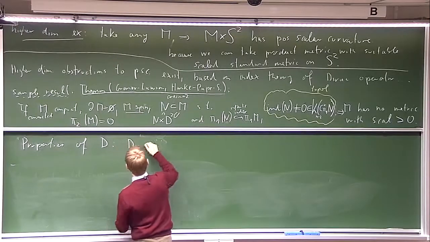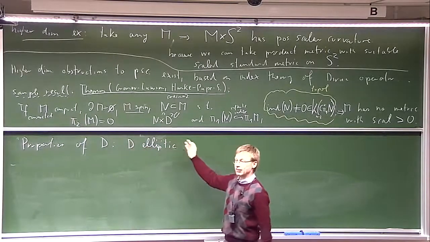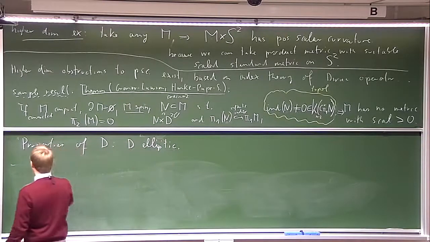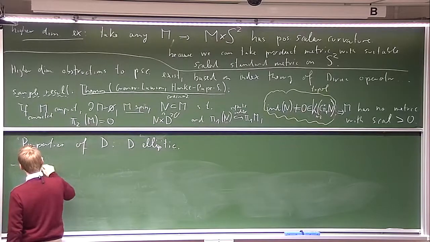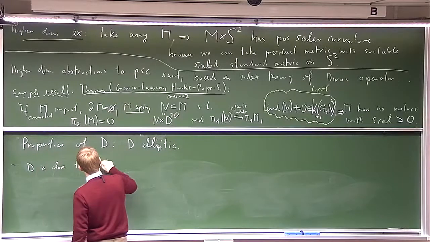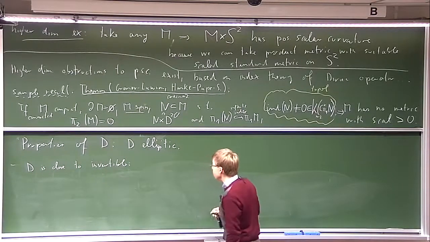So D is what is called elliptic, which means it's an extremely nice differential operator. And this in turn implies that D is close to invertible. In the following sense,